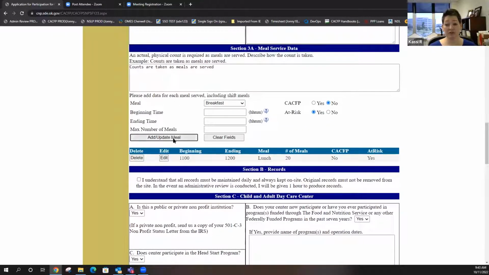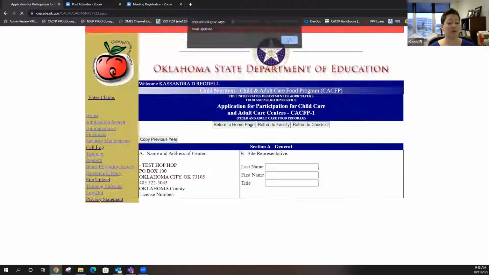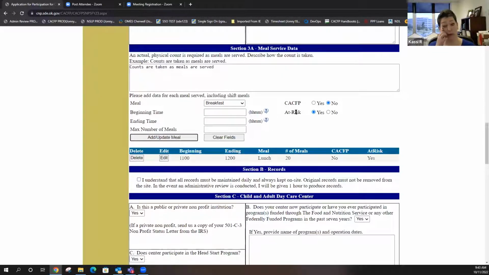One thing I want to make sure you do know is that you see this message here, mealtime changes must be submitted to SDA on the mealtime change form, yada, yada, yada. Okay, this is only pertaining to after you're approved. We don't need mealtime change forms right now. This is your freebie. In the beginning of the year, you're going to get approved. And then after you're approved, if you change your meal times after that is when we need that mealtime change